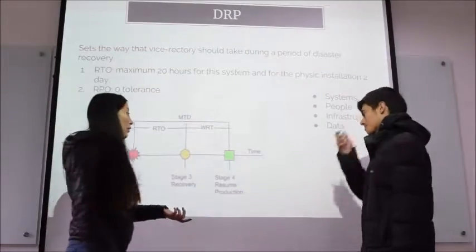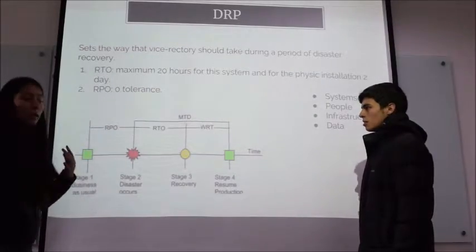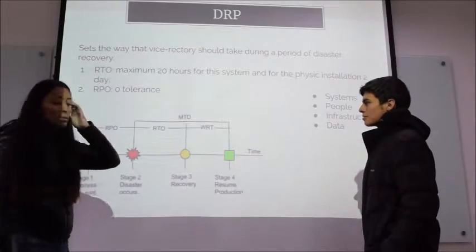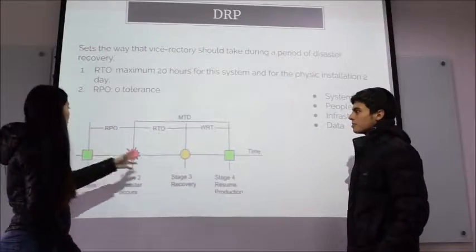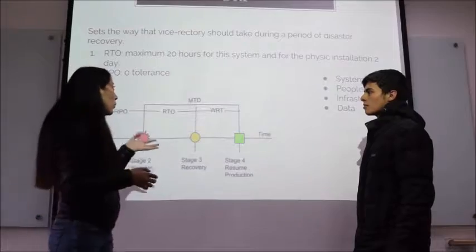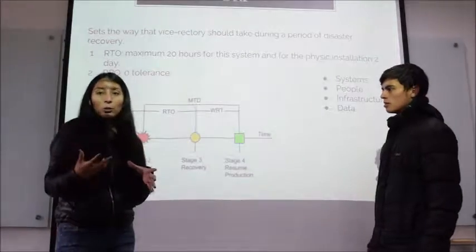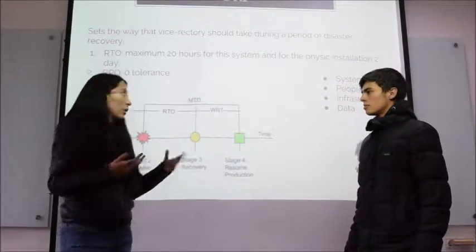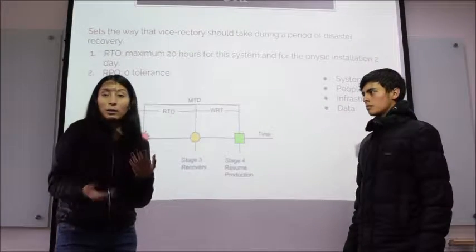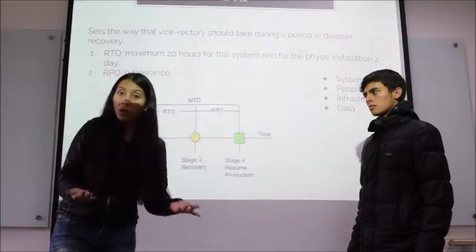As you may see in the graphic, these need to be as the first one, the green one. And right now we are focusing only on the RTO and the RPO. We specify the first one, the RTO, as the recovery time objective. It needs to be a maximum of 20 hours for the system and 2 days maximum for the physical installations. And this of course because the system is more important than installations, because if a situation like someone borrowed a book happens, the information of the person that has the book will be lost, and also the book, therefore money will be lost.